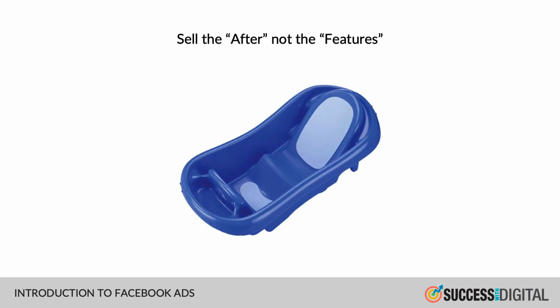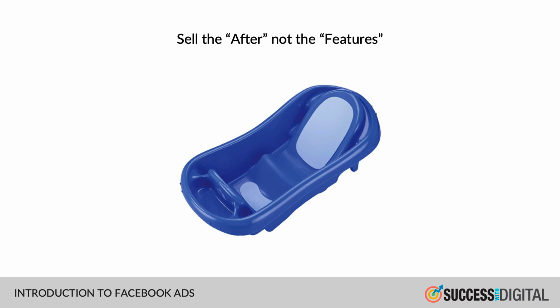And I'm going to go into an example. This is a baby bathtub. And if I were to be trying to sell this bathtub, could I talk about the features? I probably could. It's so many inches deep, it's made of BPA-free plastic, and it's got this little carrying thing and non-stick grip, all these different things I could talk about, which are features of the product, and those are great. But if I was looking at who I'm going to sell this product to, then I think of what their after is that they're going for, I could probably sell this much better.